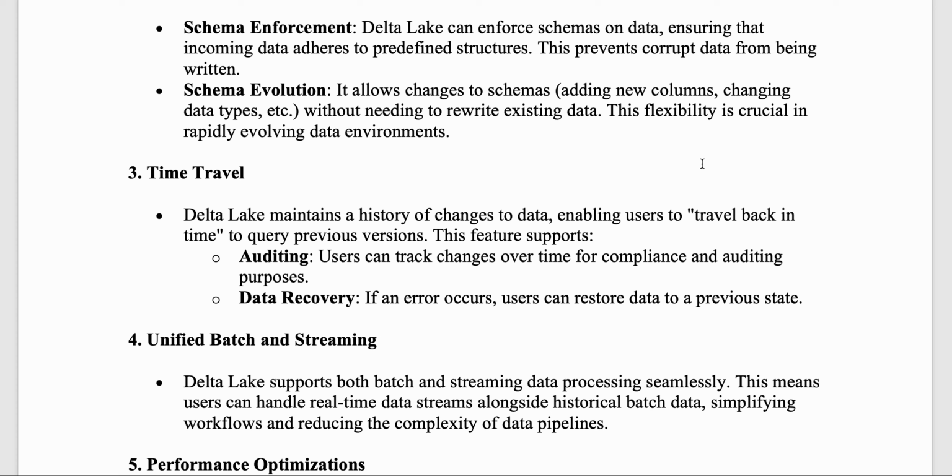So data recovery: if an error occurs, users can restore data to a previous state. So data recovery is also one of the features of time travel. Okay,